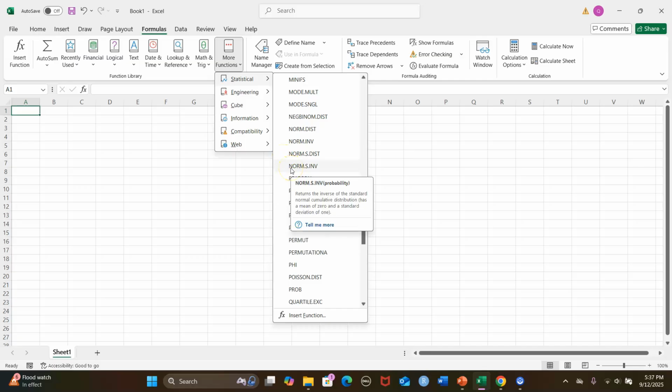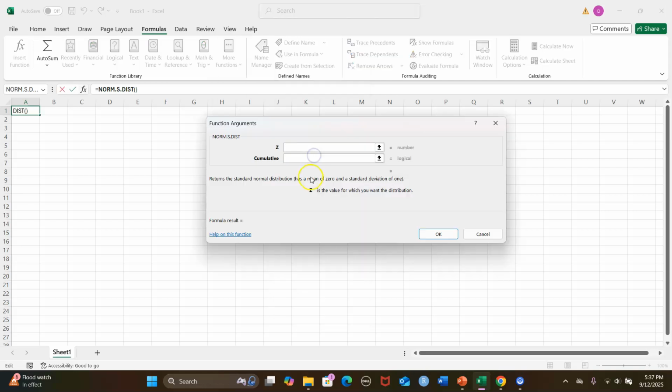normal.S.DIST, normal.S.inverse. So this normal.S.DIST is the standard normal distribution with mean 0 and standard deviation 1. Okay, so it's very simple. If you just specify a number, it's the value for which you want the distribution. Okay, so for example, we want to look at the